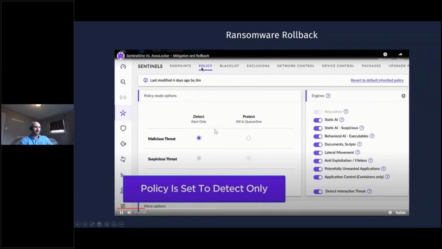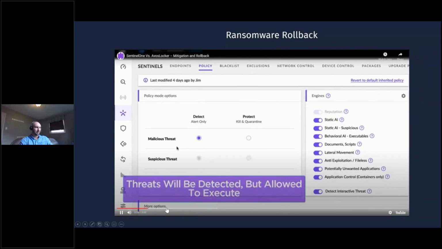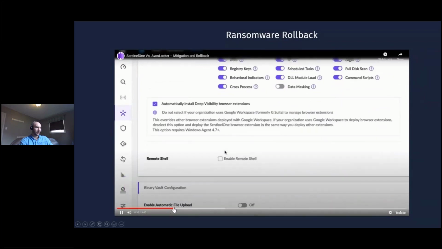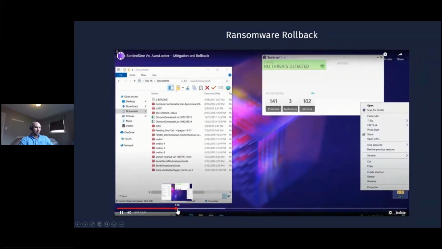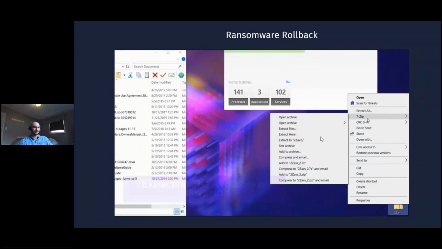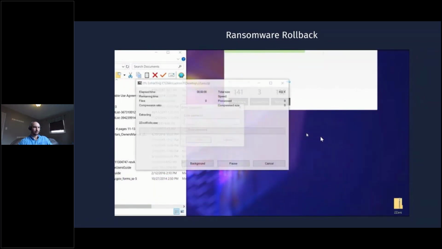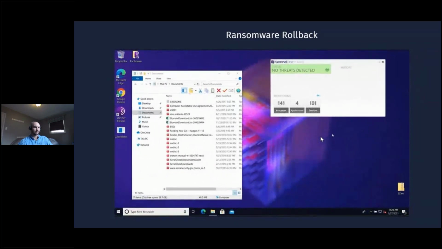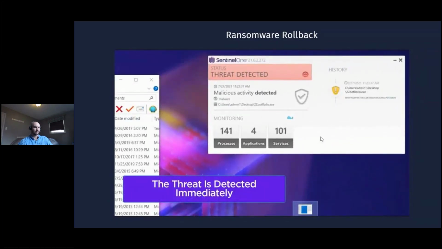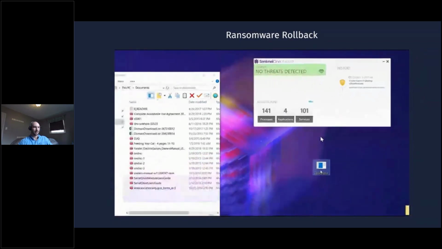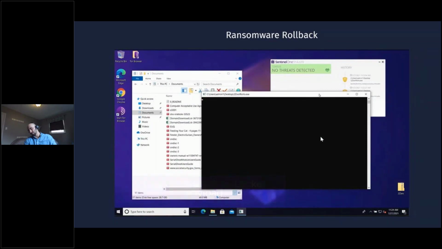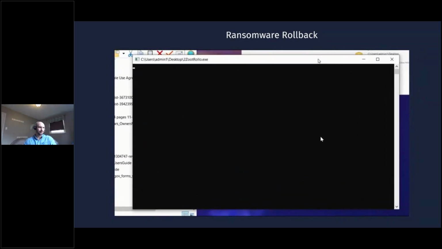So as you can see, they're putting it on detect only mode. I'll kind of skip through some of this. It'll be detected, but they're allowing it to execute. Okay. So they'll come here. They're going to launch the payload at this point. Again, machine speed detection happens almost automatically, or instantly rather, but